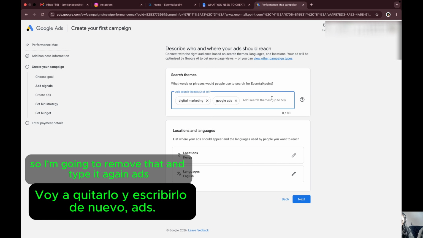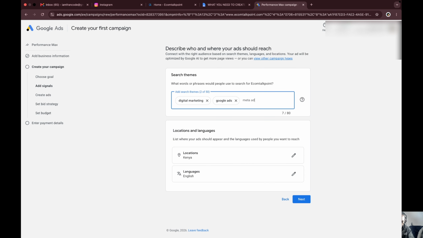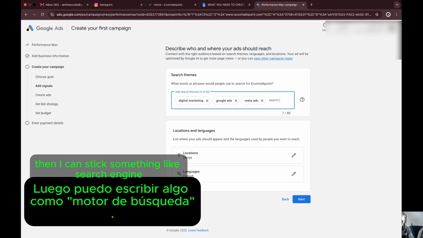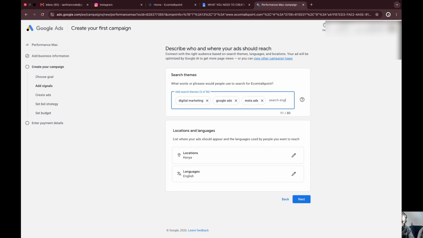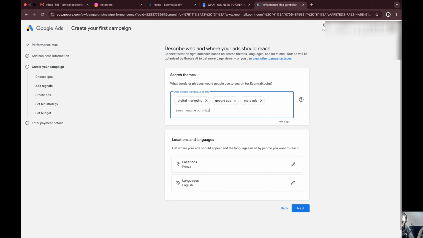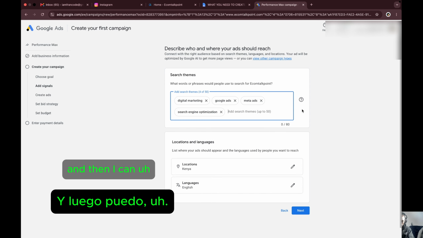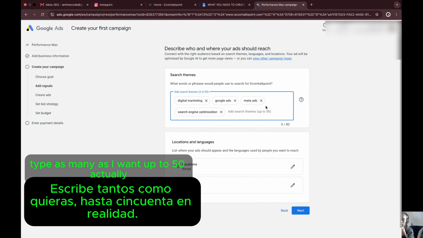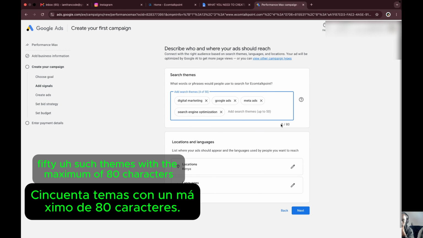So I'm going to remove that and type it again. Ads. Then I can type something like search engine optimization, and then I can type as many as I want, up to 50 actually, 50 such themes with a maximum of 80 characters for